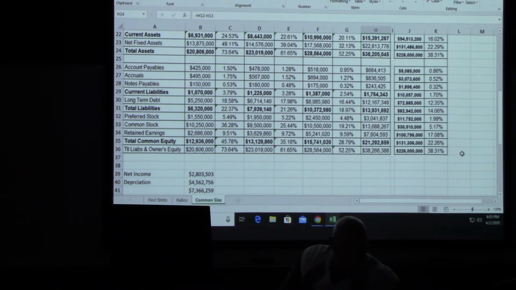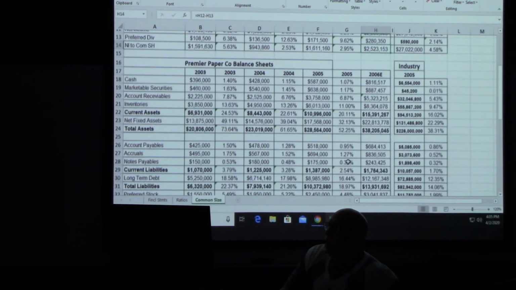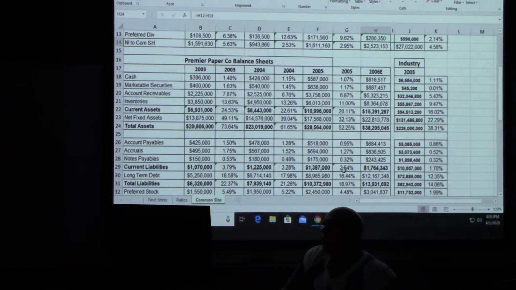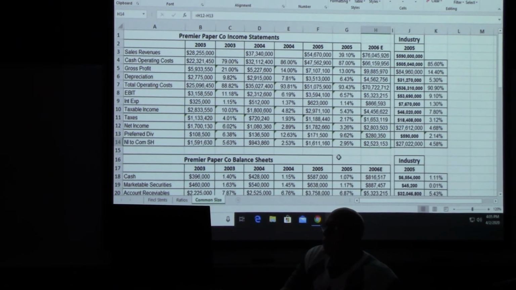So question 5 is, how much additional sales can the company support without having to add fixed assets? Well, we're running at 90% of capacity. All right? So if we divide,